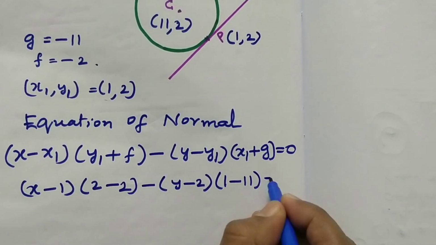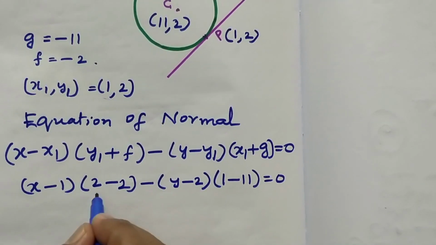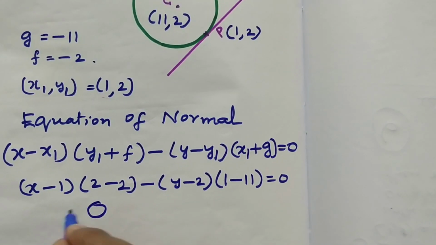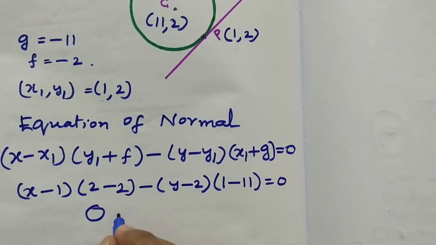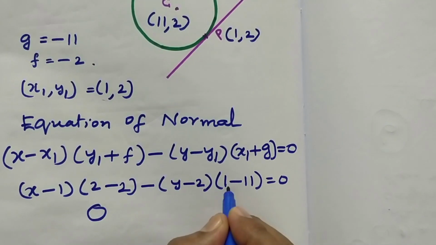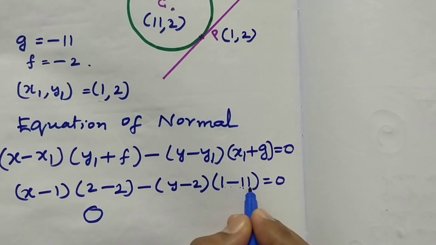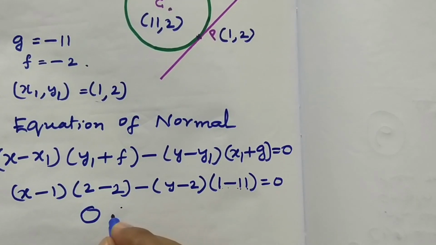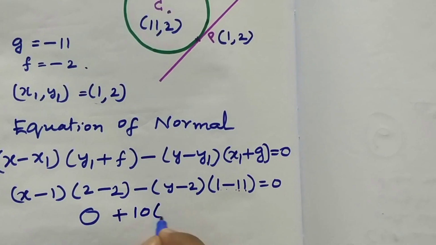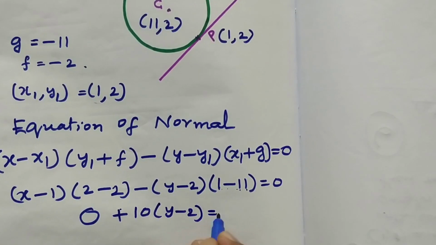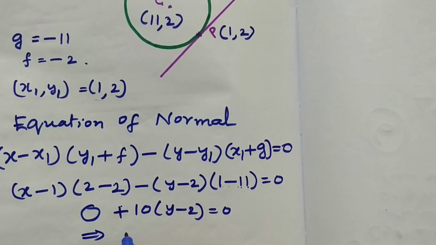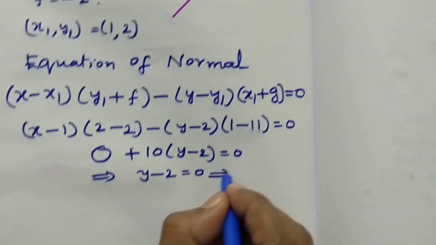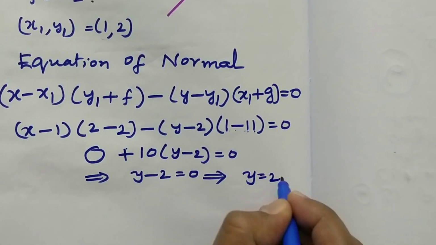2 minus 2 is 0. So this becomes totally 0. Minus of y minus 2 into this 1 minus 11 is minus 10. Minus of minus is plus 10. So 10 into y minus 2 is equal to 0. This gives us y minus 2 is equal to 0, or y is equal to 2, which is my equation of